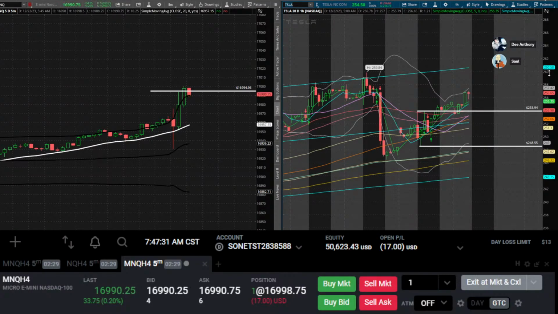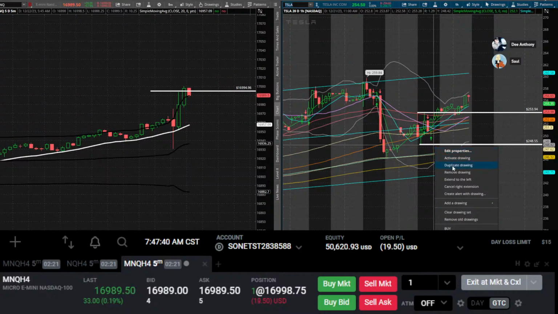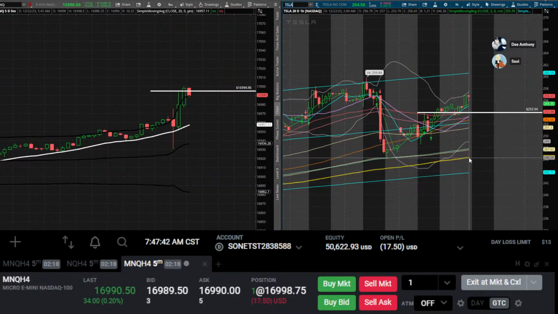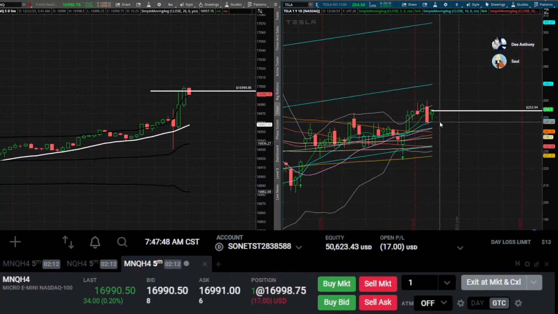They were coming in for 245 puts on Tesla yesterday on the options flow. I was just trying to see what are they betting on? 245 would take us all the way down to the 1 hour 200-day moving average. And if I look at the daily chart, 245 takes us just below this rising 10 back to right here where we had Wednesday's price action. 244 would be next level of support there